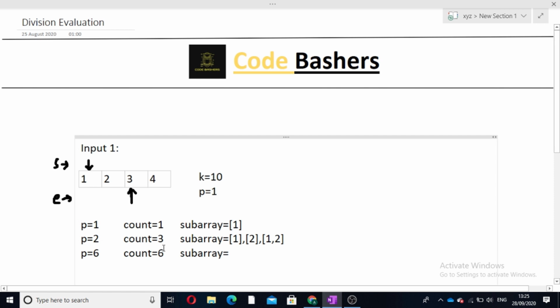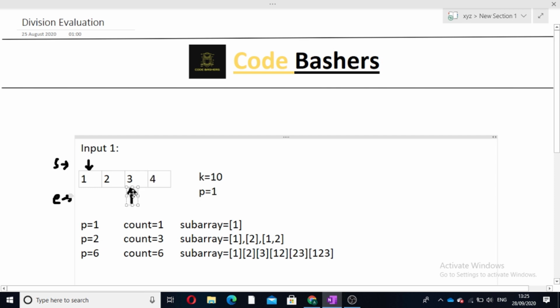They are 1, 2, 3, then 1, 2 combined and 2, 3 combined, and 1 complete subarray, that is 1, 2, 3. So these are the subarrays which will be formed between S and E.